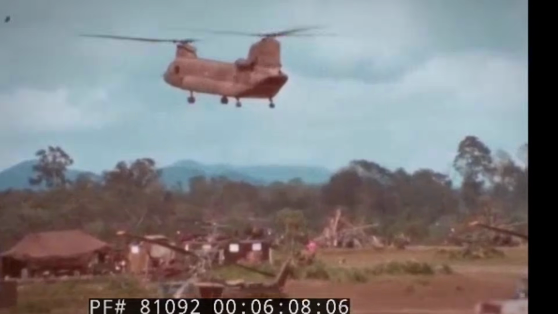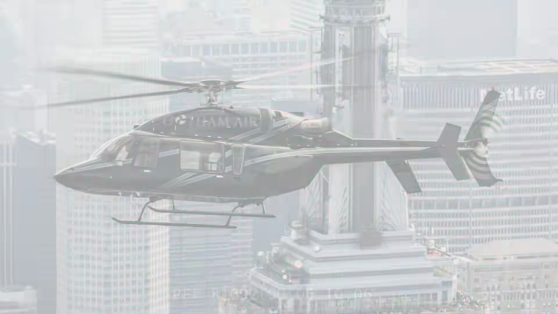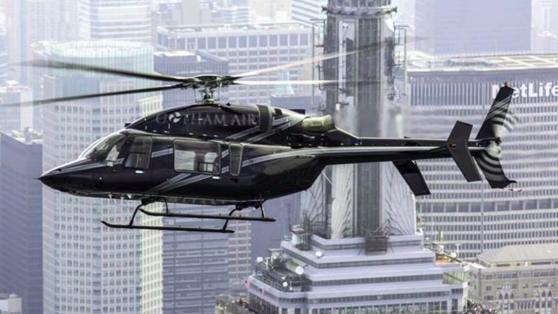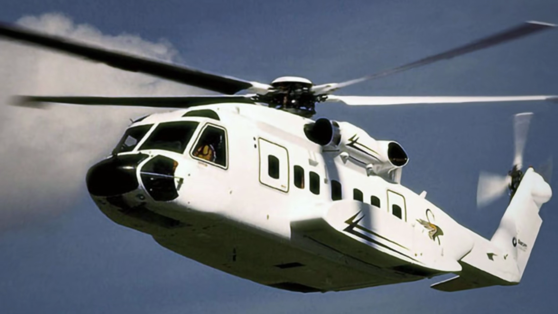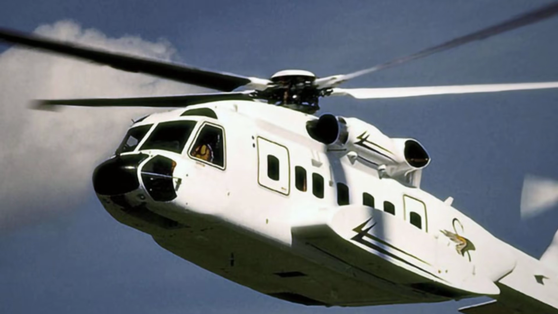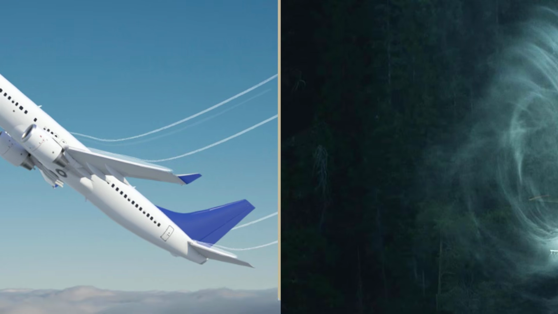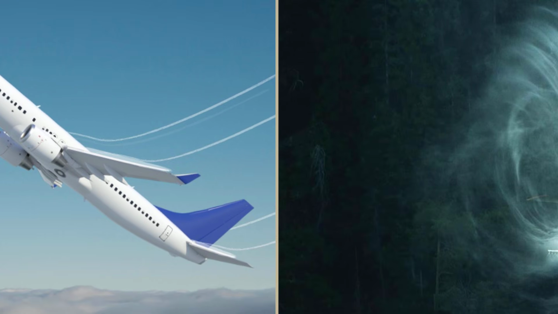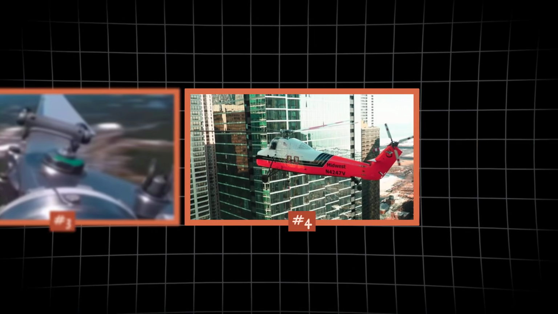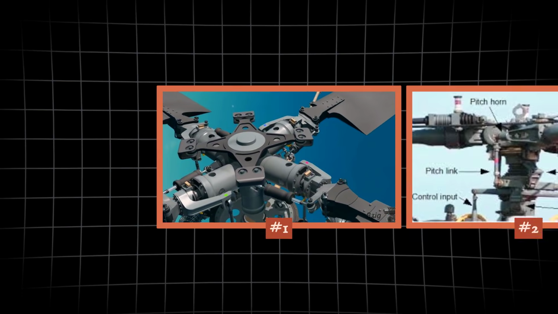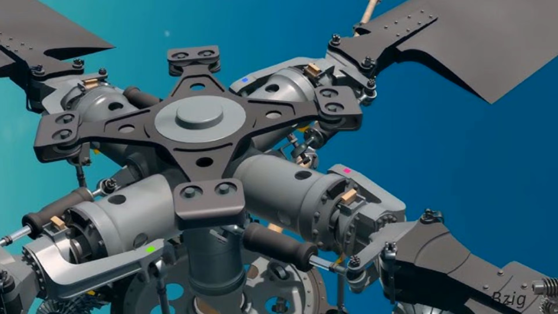Multi-ton machines hanging motionless in midair. You've seen it so many times you simply accept it as normal. But stop and think about it for a moment. A conventional aircraft, the same weight as a helicopter, would fall from the sky the instant it stopped moving forward. Something fundamentally different is happening inside a helicopter, and we're going to pull that difference apart and examine every piece